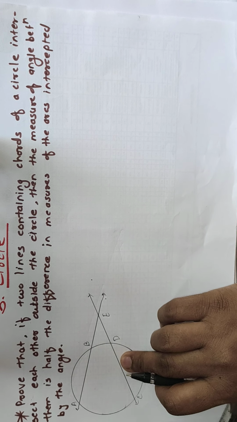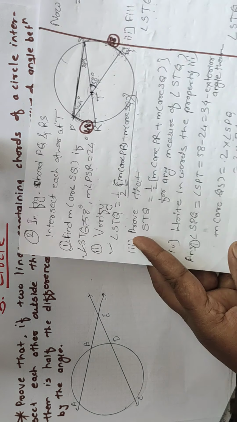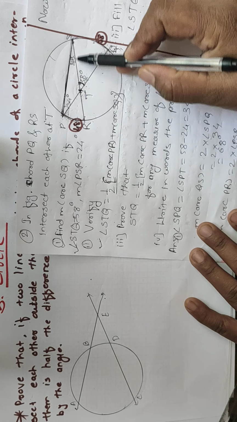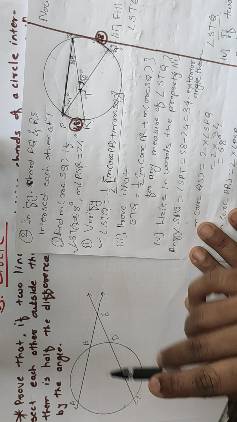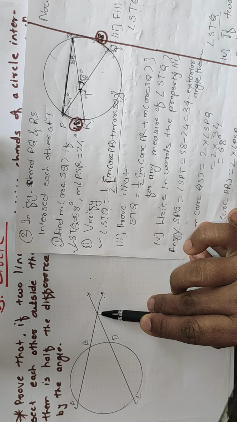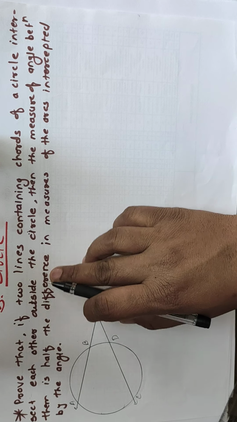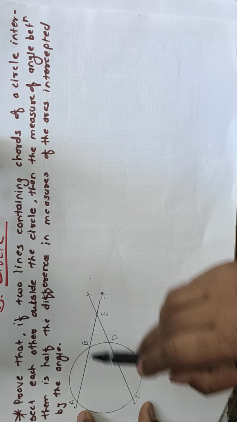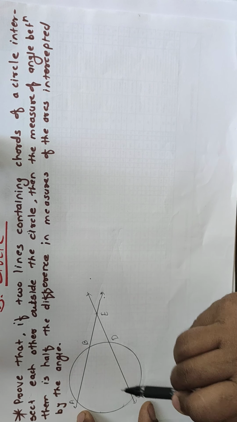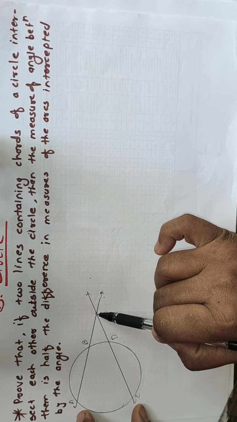In the first case we saw that they are intersecting in the interior of the circle. If you see the difference between the figures, here they are intersecting each other in the interior of the circle at this point T, and here these two chords are intersecting each other at this point. Now the next part of the theorem we will see outside the circle. So if two lines containing chords of a circle intersect each other outside the circle at point E,